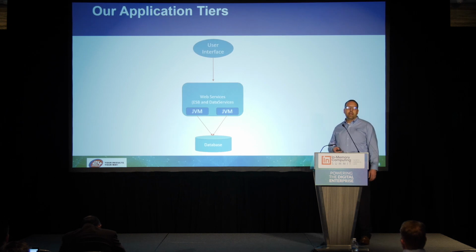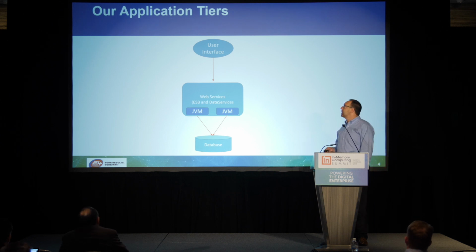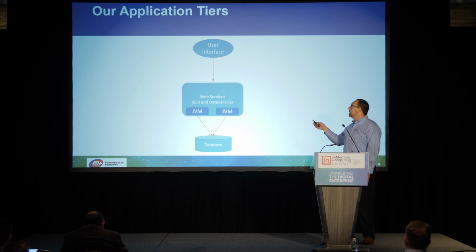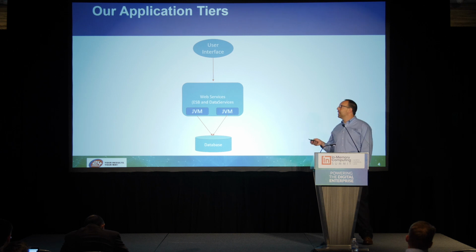Before I get into any of the use cases, I just wanted to talk about this simple 3-tier architecture because most of the diagrams that show the use case talk about this. But we usually have applications or user interface tiers that call web services, could be REST or SOAP, from our ESB. I collapsed it here, but our data services tier is like a CRUD tier that also exposes web services that the ESB calls and queries databases or queries the grid and puts data into the grid or databases.